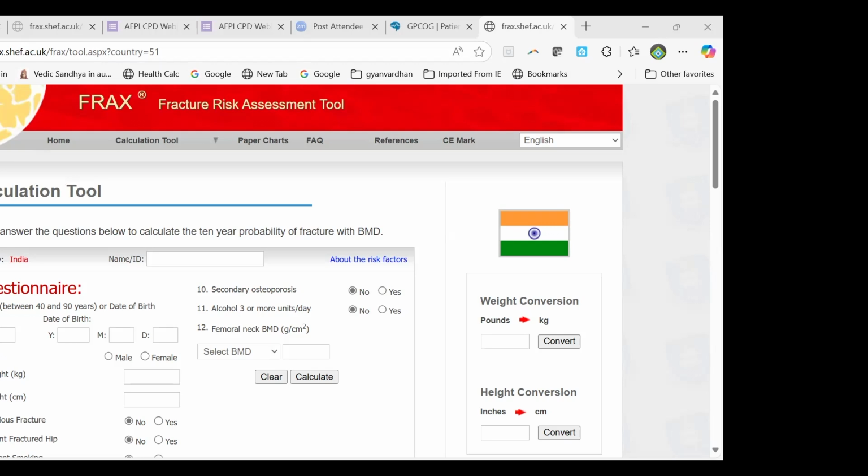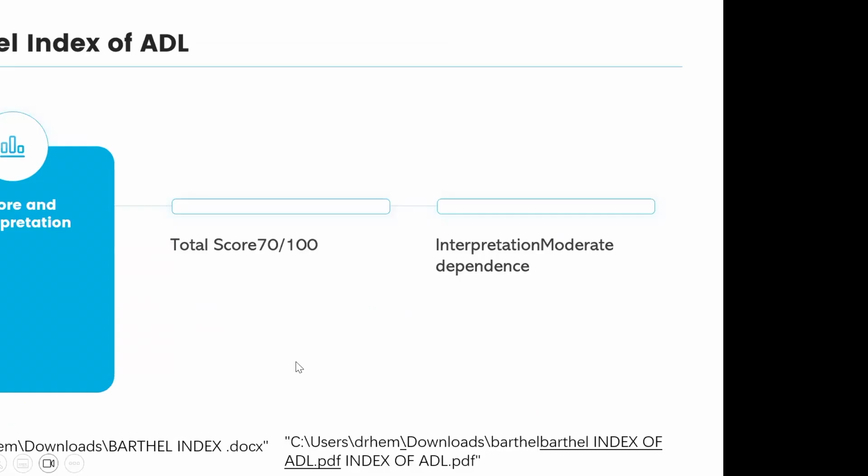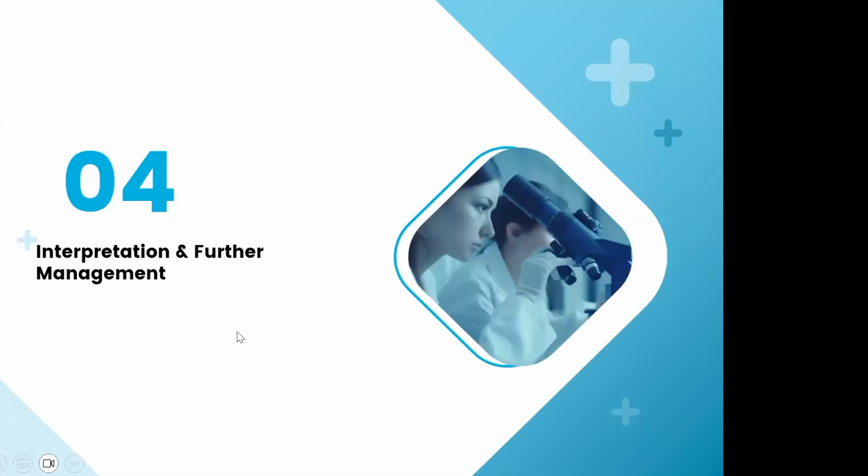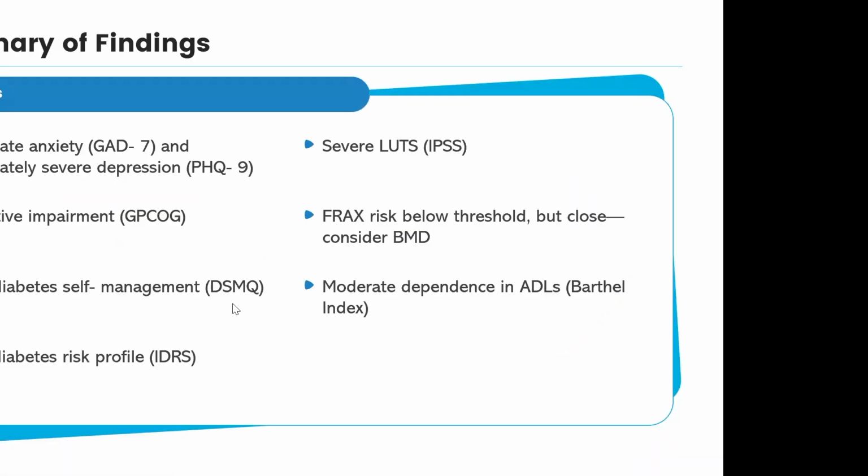And again, we move on to the next score, which is the Barthel index of activities of daily living, and his score was 70 by 100, which is a moderate dependence score. So we come to the fact that he has obstruction, he has mild anxiety, moderately severe depression, and he is dependent, and he has moderately severe obstructive lower urinary tract symptoms. And further, we now interpret these things, and we realize that